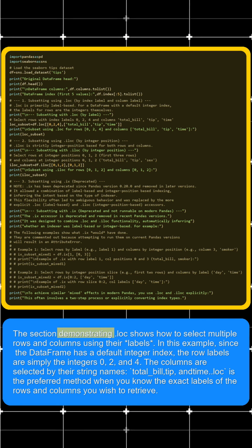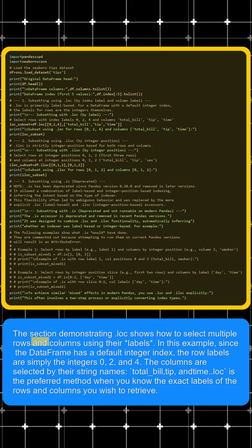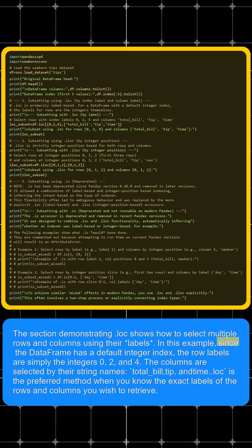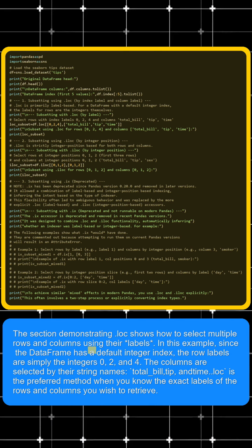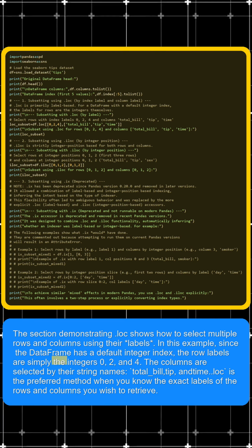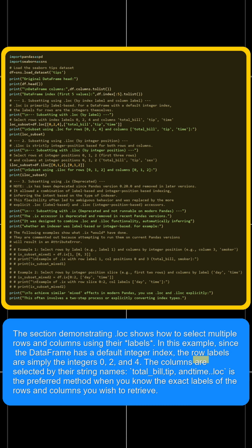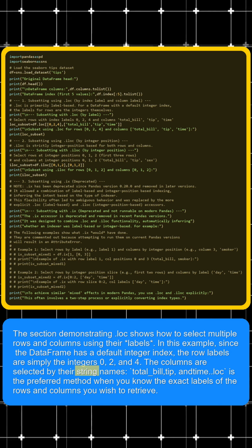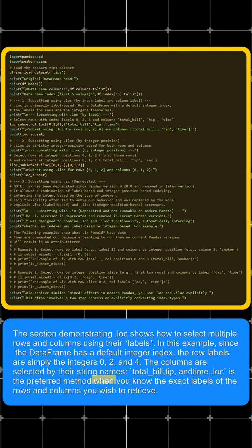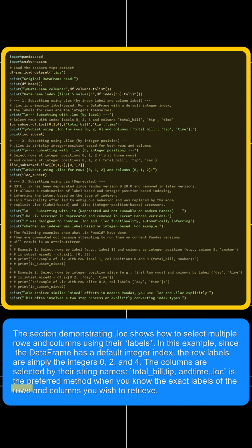The section demonstrating .loc shows how to select multiple rows and columns using their labels. In this example, since the data frame has a default integer index, the row labels are simply the integers 0, 2, and 4. The columns are selected by their string names, total_bill, tip, and time. .loc is the preferred method when you know the exact labels of the rows and columns